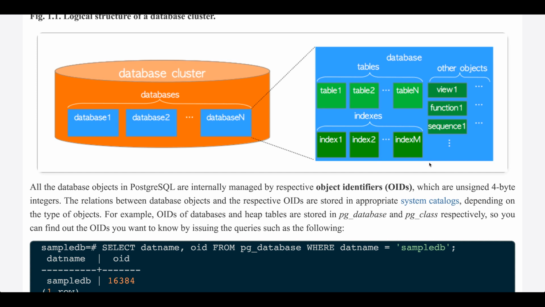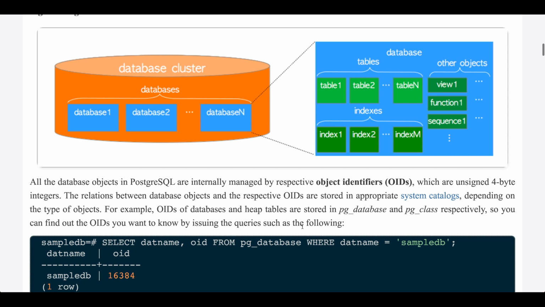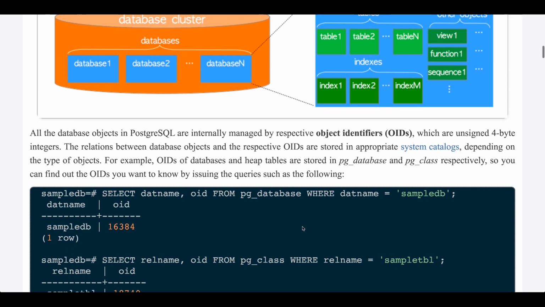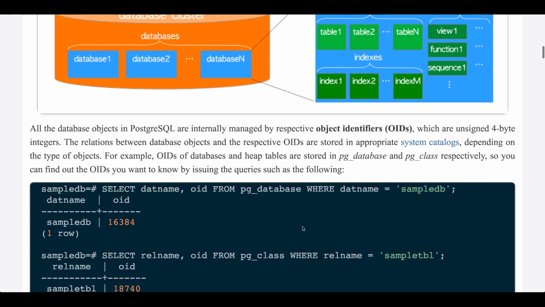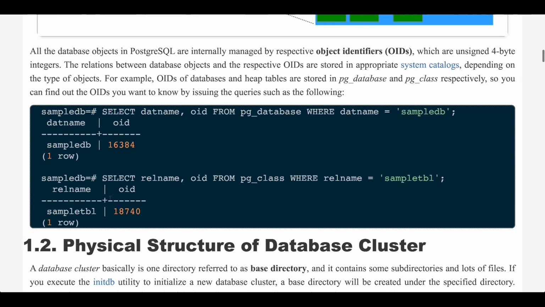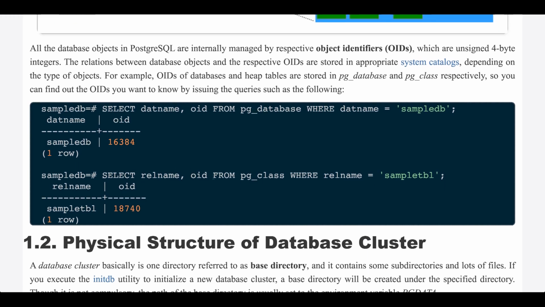So you can find out the OIDs you want to know by issuing the queries such as the following. SELECT datname, oid FROM pg_database WHERE datname = 'sampledb'; SELECT relname, oid FROM pg_class WHERE relname = 'sampletable';